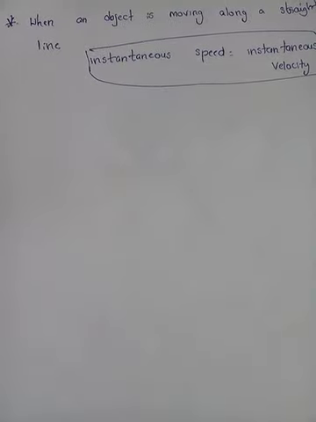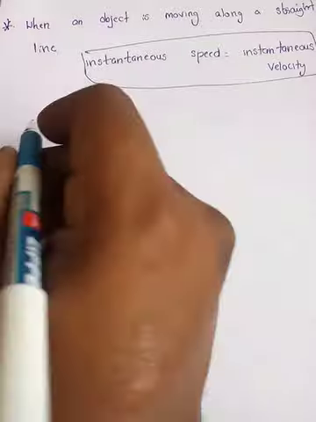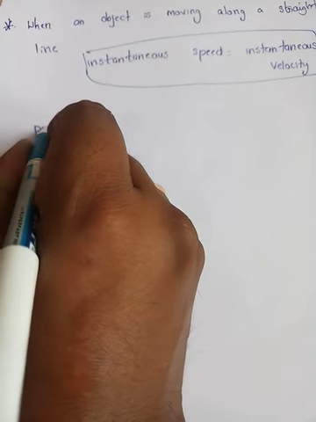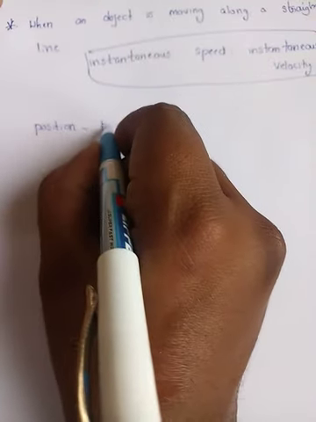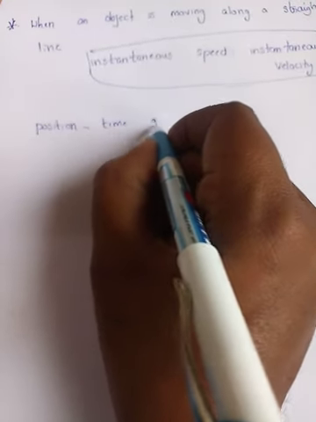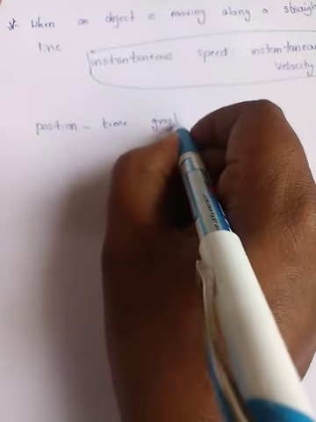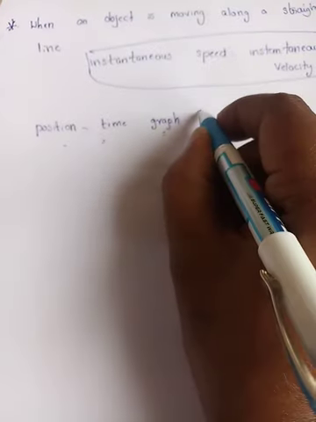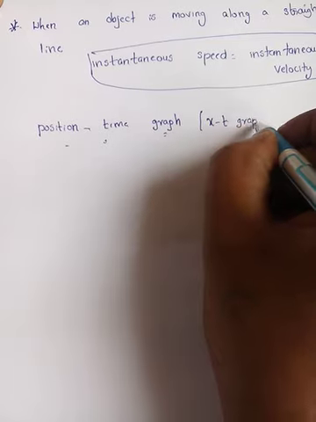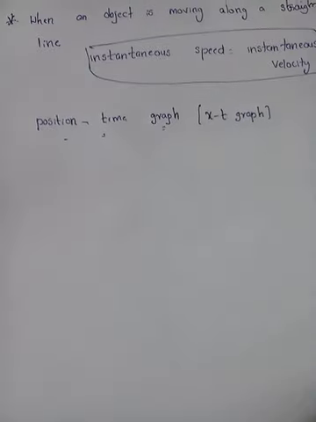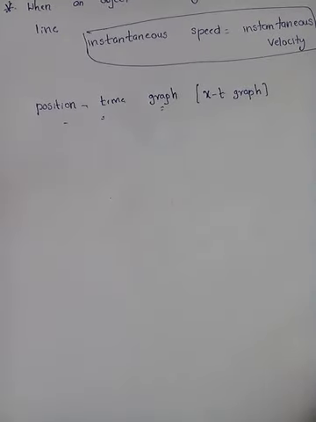Let us now discuss the position time graphs. We are expressing the statements in terms of graphical representations, that is, as position time graph. Simply, we can call it an x-t graph or s-t graph. If you want to relate displacement and velocity, you can draw a displacement time graph, and if you want to calculate speed, you can draw a distance time graph.